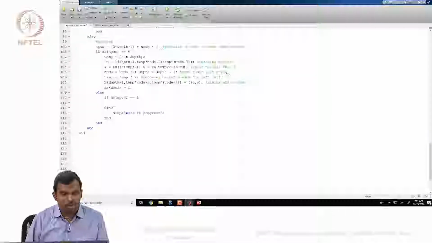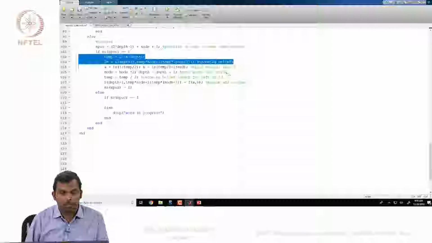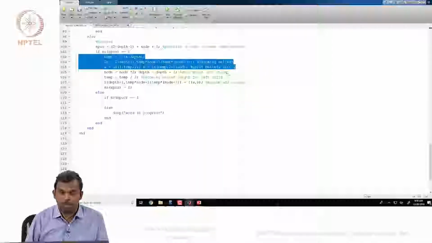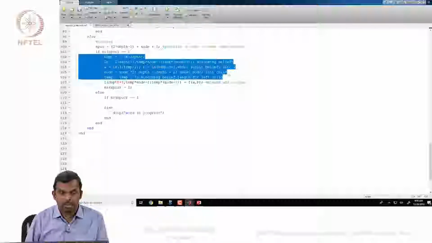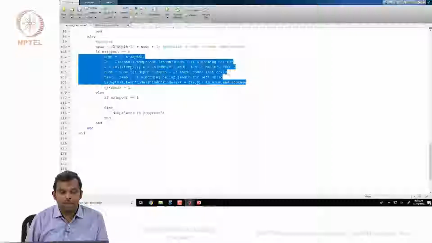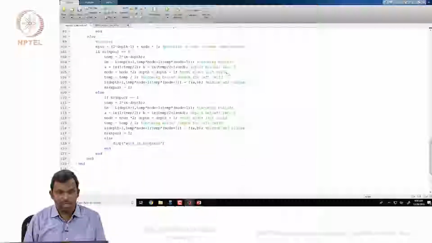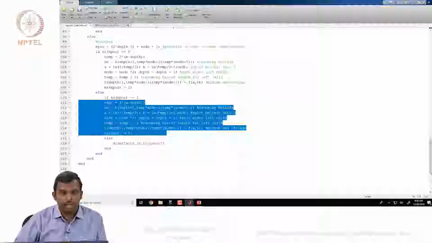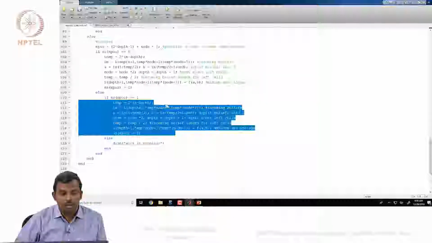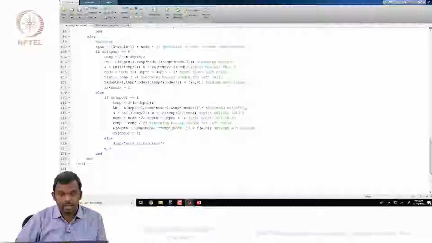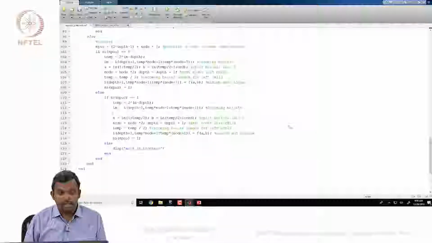So, I will again start with the same sort of logic. I need the incoming ones, I need the split. Okay, I need to know the next node, I need to know the next temp. Except for this, everything else will be the same. So, I can do a cut and paste here and then modify. Okay, so, you will see there are a few changes we have to make here, because the state is different. You also need, like ln, you also need the,